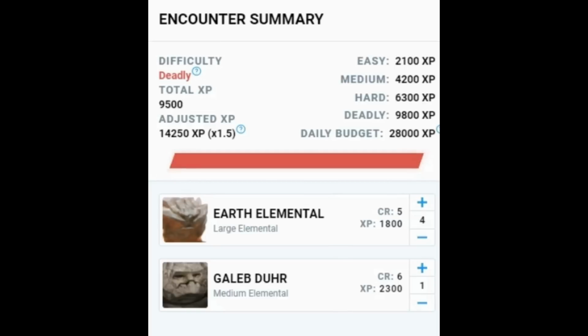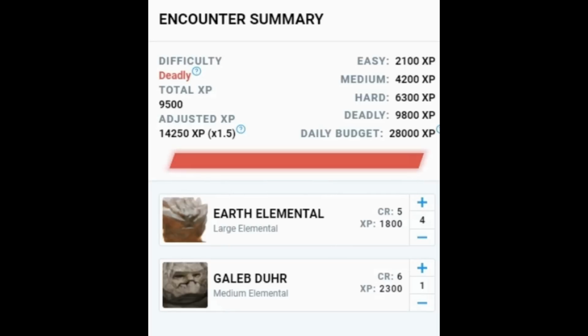So what I've decided on is 1 Galeb-Dur and 4 earth elementals. According to challenge ratings, 4 earth elementals and 1 Galeb-Dur is a deadly encounter for this particular party. But I know the way this party works, and this party is really good at armor class, they're really good at doing damage, and they're particularly well optimized against creatures that just hit for damage and have a bunch of hit points. So by my estimation, this encounter should not cause any player character deaths, but hopefully will be difficult enough that they're going to have to expend some resources, they're going to lose some hit points,